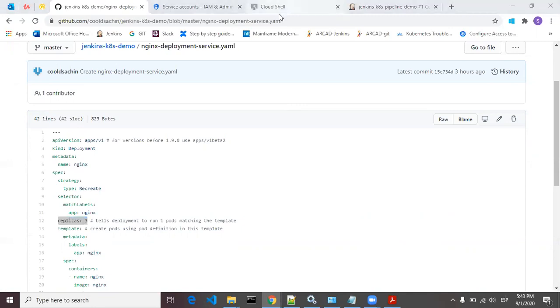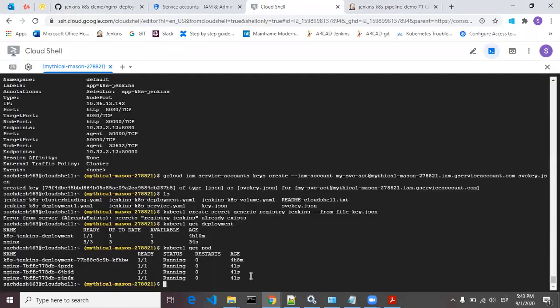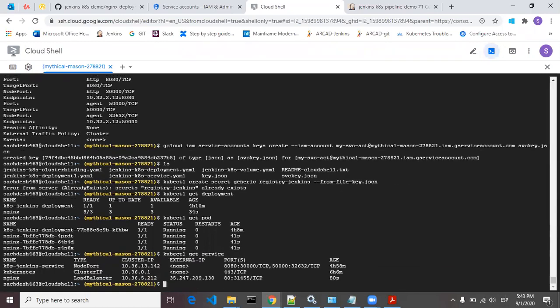Let's check this service. Kubectl get service. So nginx service is created of type load balancer, and this service we can expose from this external IP.